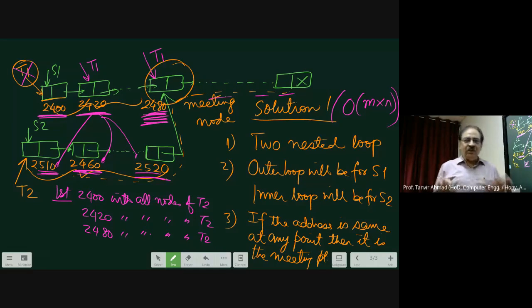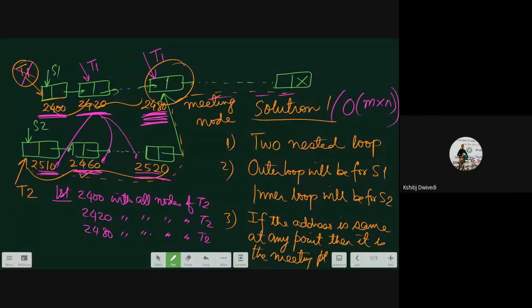Suppose these two linked lists are totally independent and there is no meeting point. So what is the condition for that? Here I am thinking that there is a meeting point, but there could be a scenario where there is no meeting point. So how will you find out that there is no meeting point? Correct. That is, when the T1 pointer